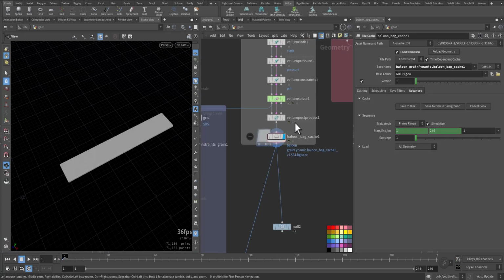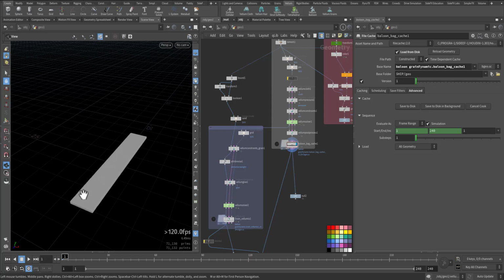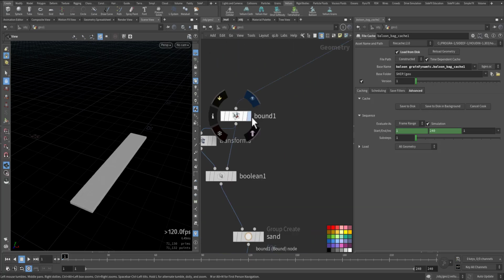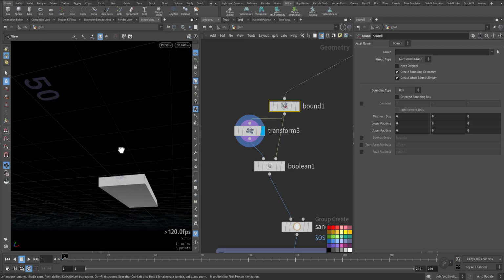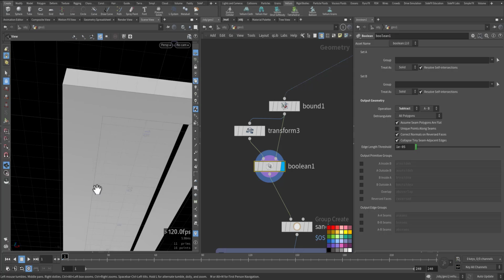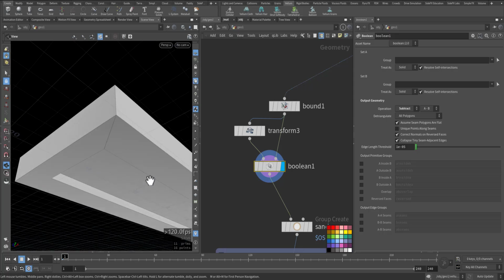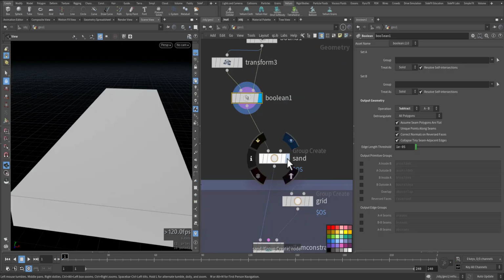So after I finished this part, I went to the second part, the grain. As you can see, I separated both of them, because you want the balloon to affect the grain, but the grain is not affecting the balloon. So it's better to separate to save simulation time. So here I had to create a bound. I transform it bigger. Then I Boolean. Now I excluded the area of the balloon, so I'm surrounding it with this box that will be converted to grain. I call it sand,